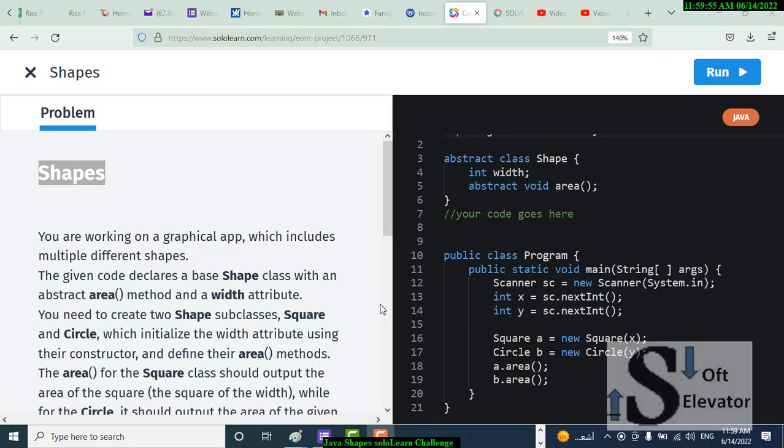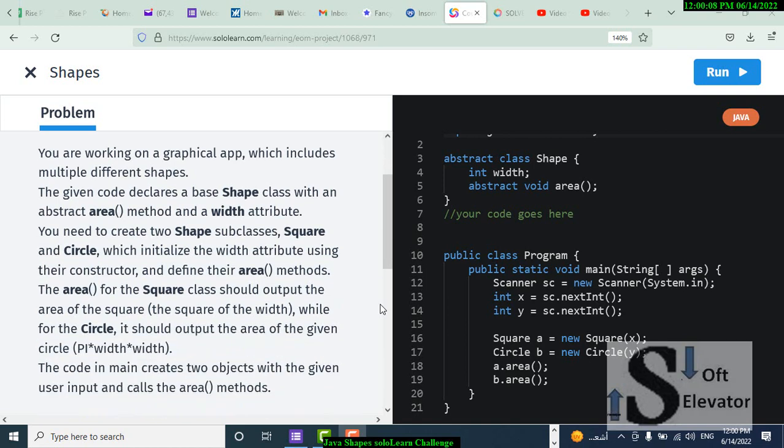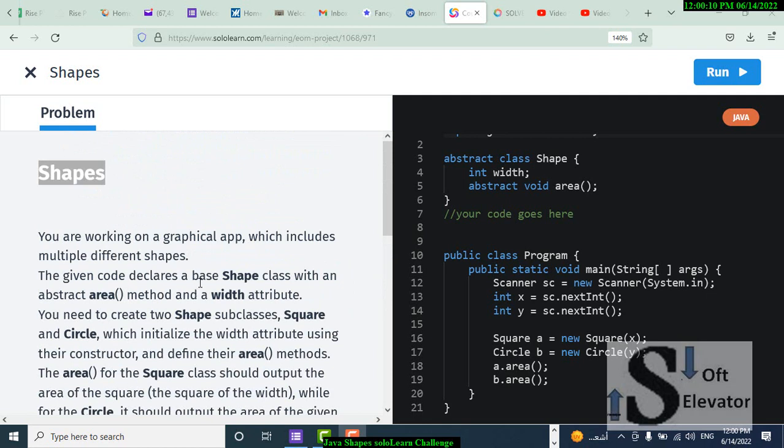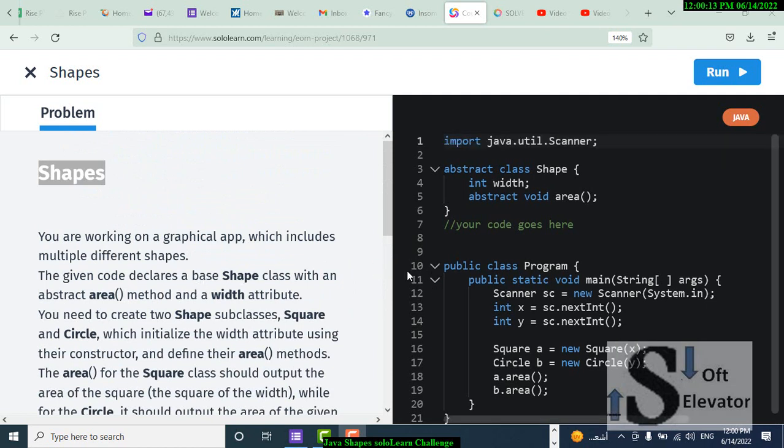Hello guys, we will solve together, or write a program, for shapes in Java. You are working on a graphical application which includes multiple different shapes. The given code declares a base shape class with an abstract area, as you see here,